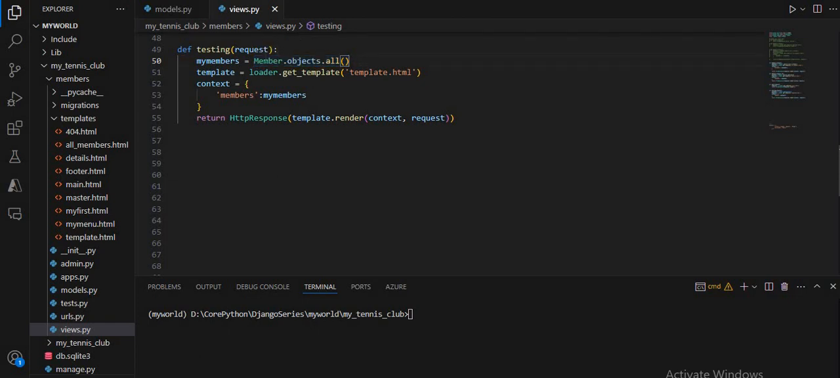So in this case, I want to retrieve all member objects from the database and store them in my variable my members, and this Queryset can be filtered and modified as needed. If you want to modify this Queryset, you can do this as well. So after that, on this line,